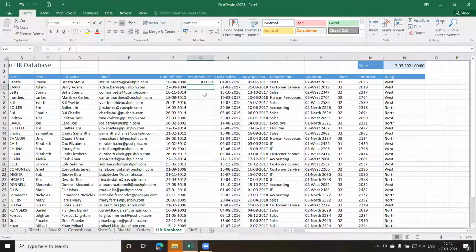If I do that, I get a number. Now this number which it is returning, because I perform subtraction, it is going to give me in days. So number of days I'm getting. I'm not getting years. Okay. Now, if I want to get years, what I can do is I can simply divide this whole thing by 365, or to be precise, it is actually 365.25. Okay, even that can be done.